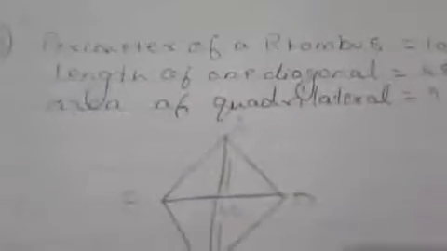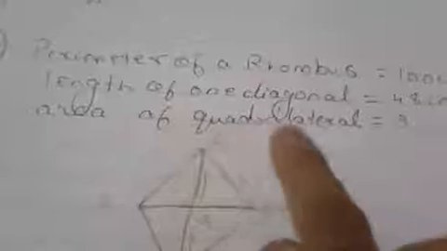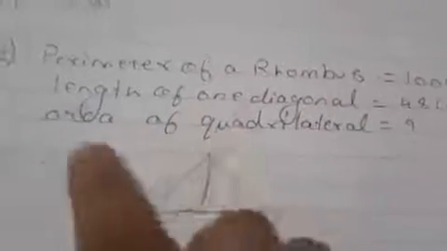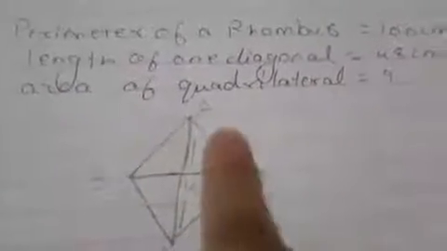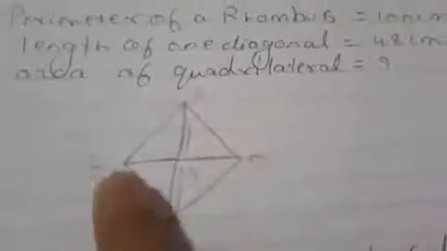Now they are asking us the second one, that is the area of the quadrilateral. So we will write the formula for the area of the quadrilateral. What is the area of a rhombus? It is half into the product of its diagonals. Do we know the diagonals here? Yes, we know diagonal AC, but do we know diagonal BD? No, we don't. So we have to find the diagonal first. Then we will apply the area formula. So come on, let's find the diagonal first.